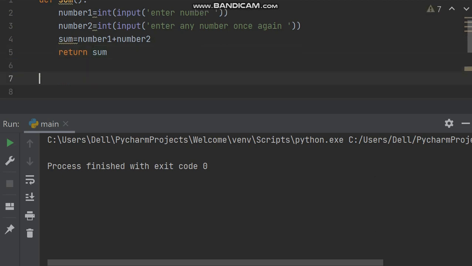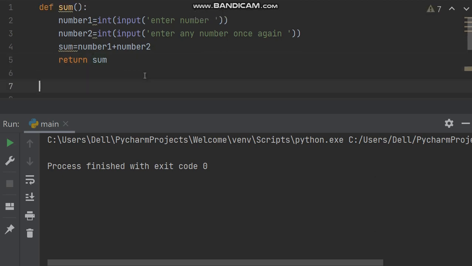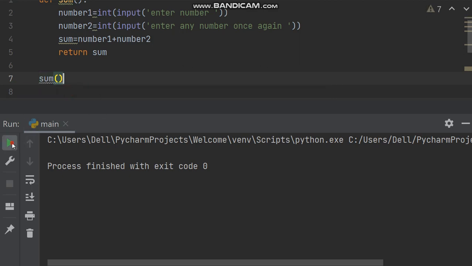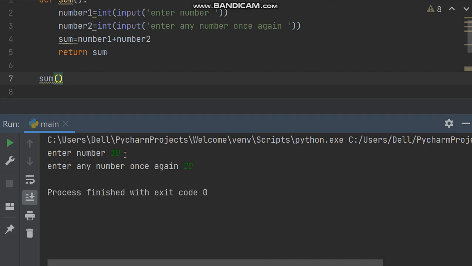Now here, give a gap, okay, and then call the function sum. So I am calling function sum. Then run this program. Enter number, suppose I enter 10. Enter any number once again, suppose 20. Then it is running, but the output is not coming.